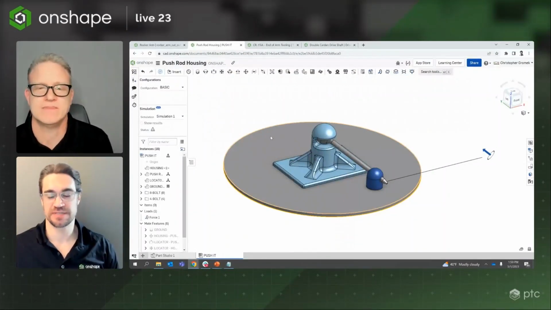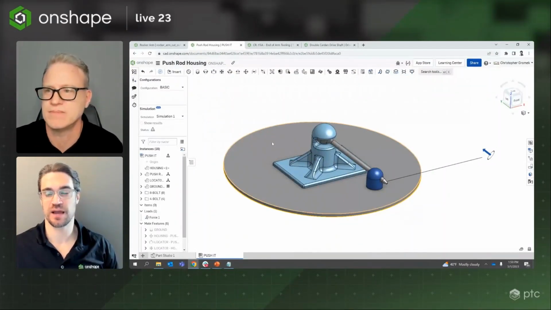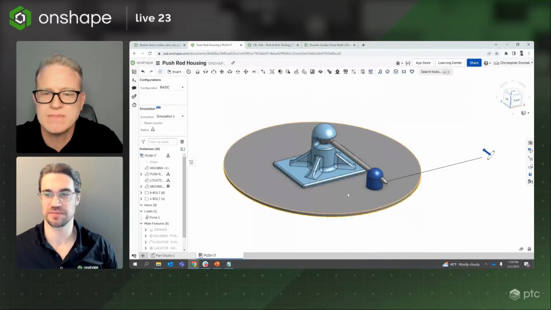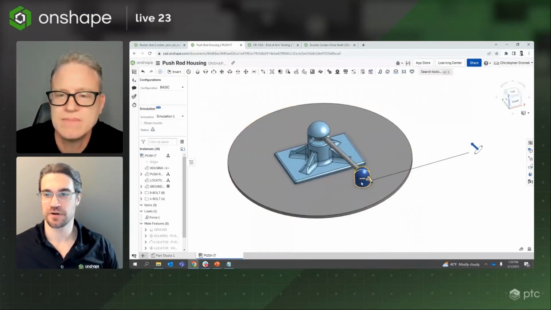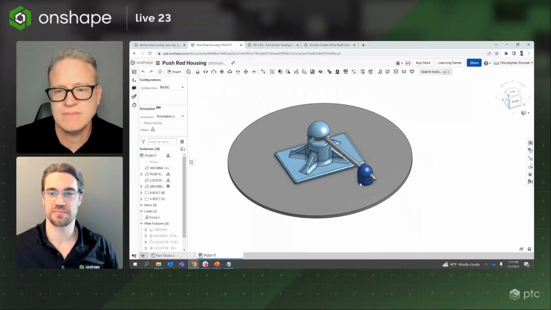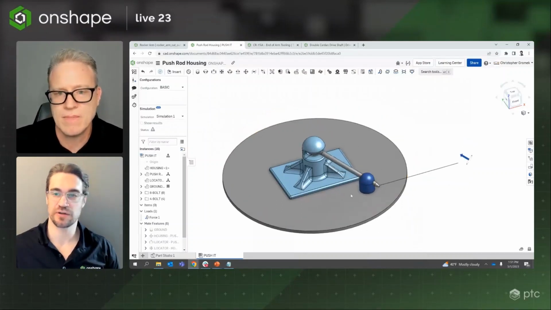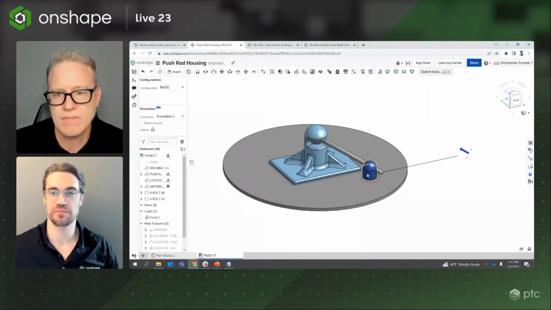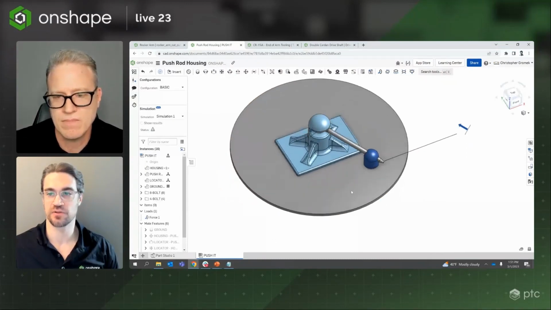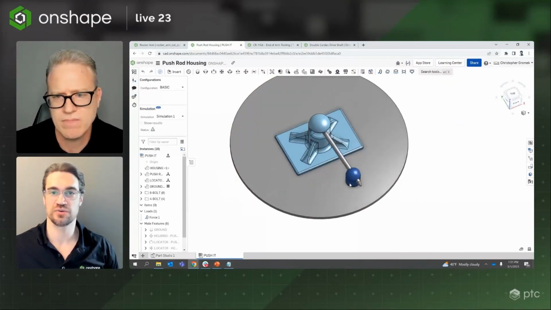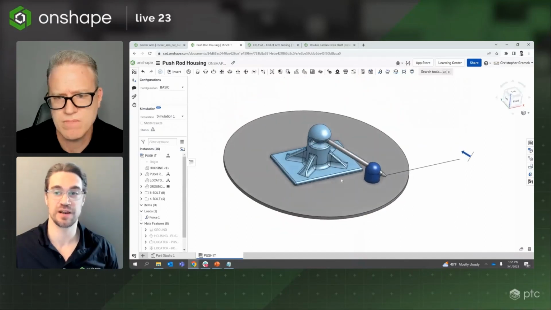Okay, with this simple assembly, we're going to show you some complex use of mates with Onshape simulation. Now, the parts on screen are mated as you might suspect, with one exception. This locator here is kept in place with a planar mate between it and the housing. The load I've assigned is to the push rod. As I move the locator, you'll notice that the load too moves because Onshape simulation is Onshape and everything updates